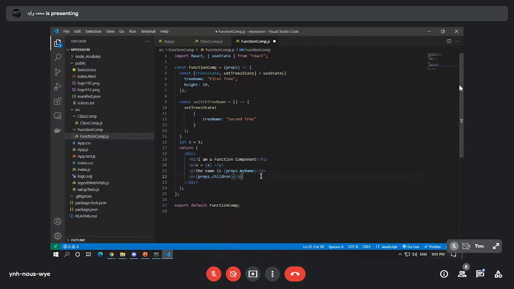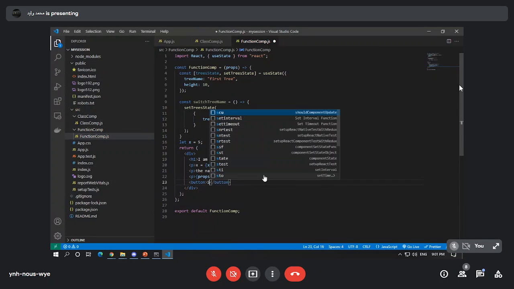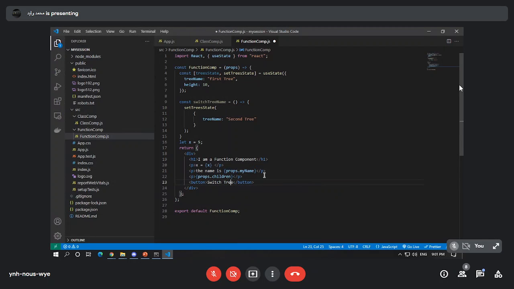Now let me just add a button here and call it maybe switch tree. And this button should have a reference for this function. And to make this, let's make it trigger when we click on it, and it calls switch tree name. So I will just call this dot switch tree name. But